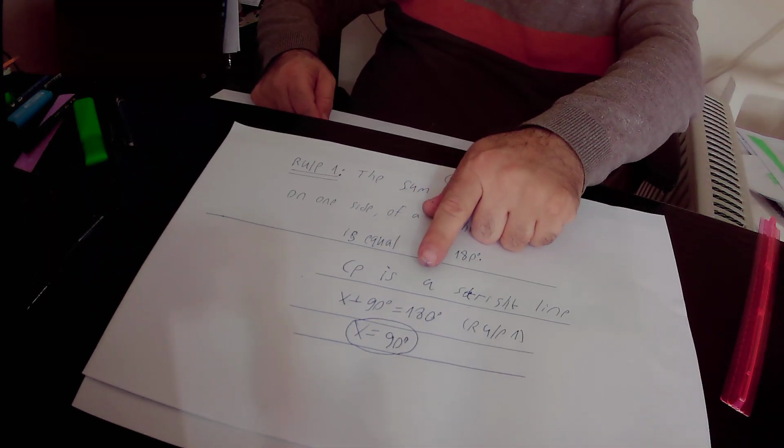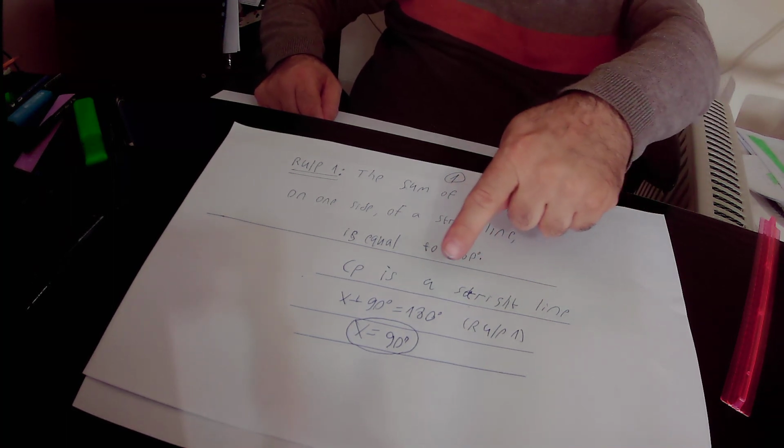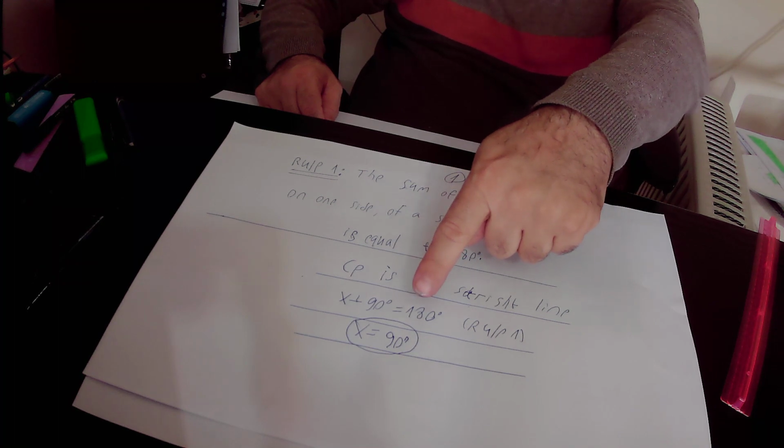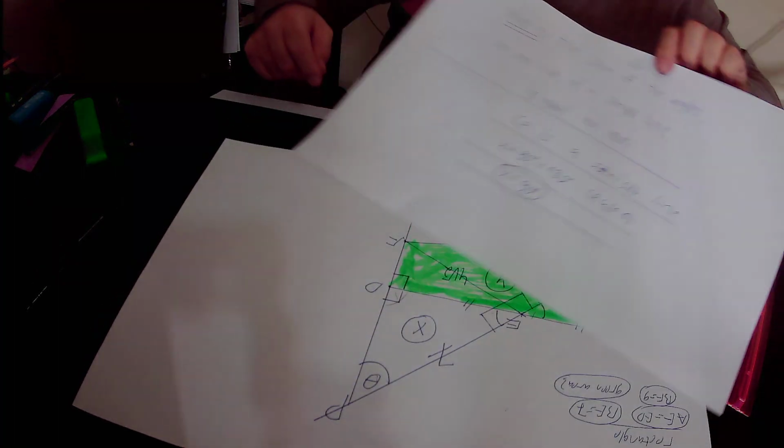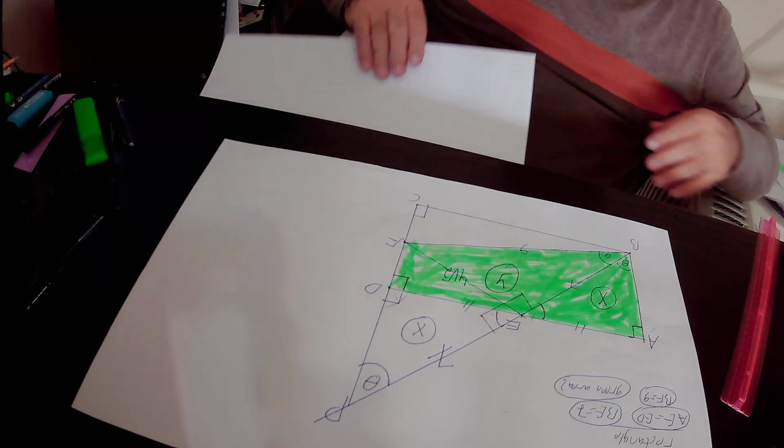X plus 90 degrees must be equal to 180 degrees according to rule number 1. We subtract the 90 degrees from this equation, and we got that angle X equals 90 degrees. We found out that angle X, this angle, is a right angle, it equals 90 degrees. Then